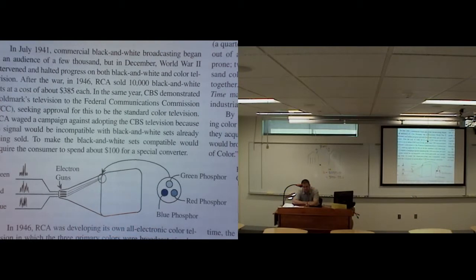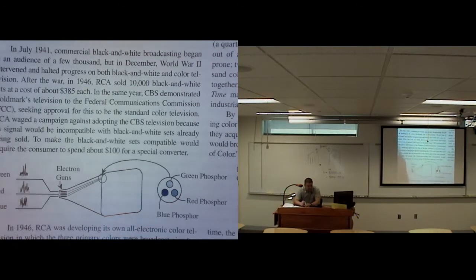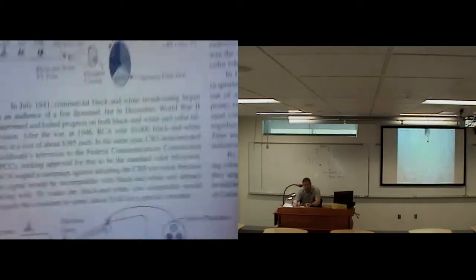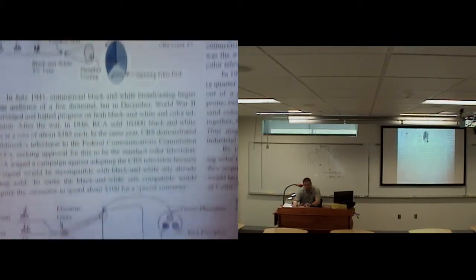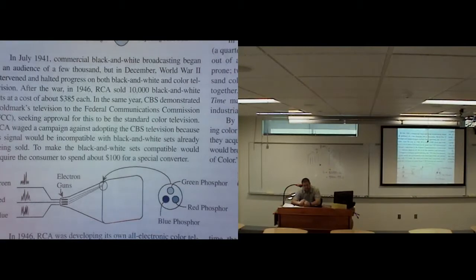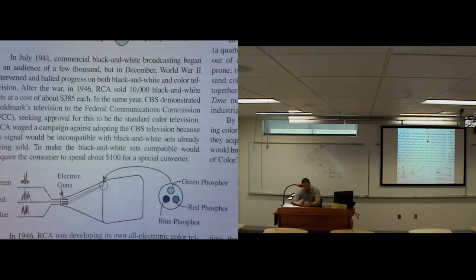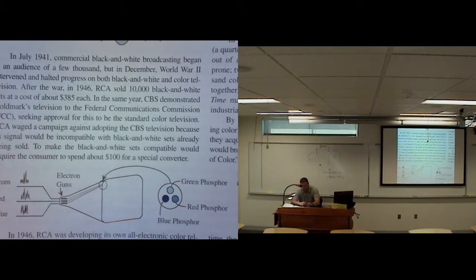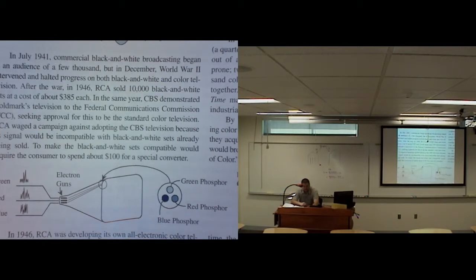What is the point of showing you this? Well, the point is that there's often, and most often, there's always, actually, different ways to go about solving a problem or answering a question or meeting a need. And these different ways can be vastly different. These 2 methods of creating a color television are extremely different, particularly in the way of projecting that color to the user. But they had advantages, they had disadvantages, and one of them won over the other.